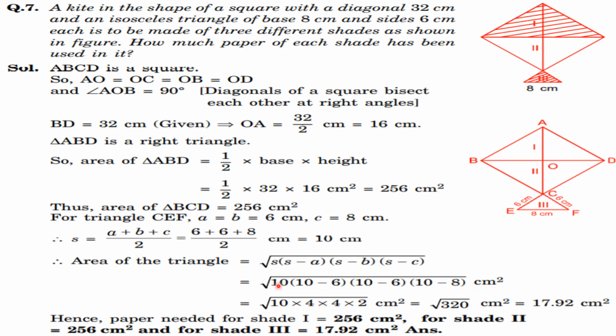That is equal to square root of, we write this first factor as it is, 10 into, what will you get here? 10 minus 6, 4. This is the second factor into, what is the third factor? 10 minus 6. What is the value of 10 minus 6? 4. So third factor is 4 into, what is the value of